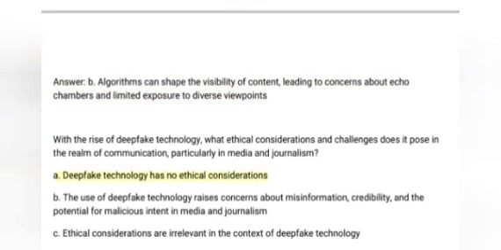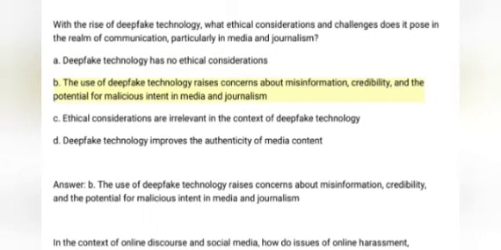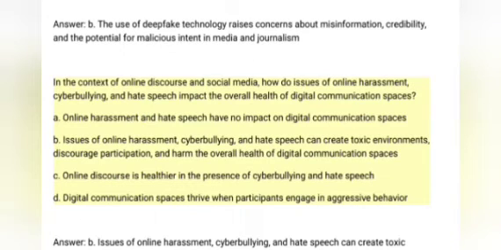viewpoints. With the rise of deepfake technology, what ethical considerations and challenges does it pose in the realm of communication, particularly in media and journalism? A. Deepfake technology has no ethical considerations. B. The use of deepfake technology raises concerns about misinformation, credibility, and the potential for malicious intent in media and journalism. C. Ethical considerations are irrelevant in the context of deepfake technology. D. Deepfake technology improves the authenticity of media content. Answer: B. The use of deepfake technology raises concerns about misinformation, credibility, and the potential for malicious intent in media